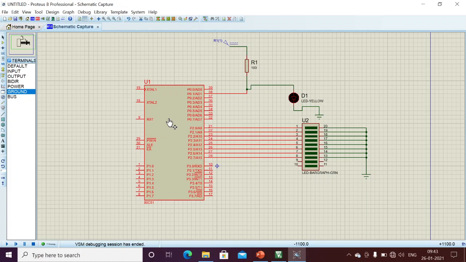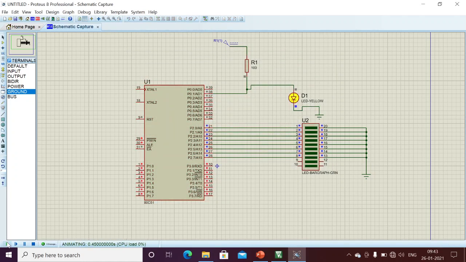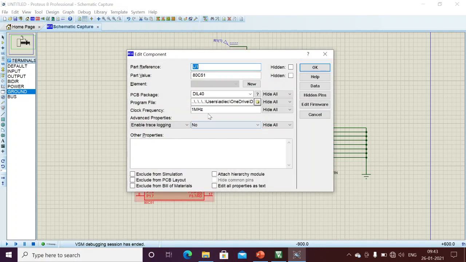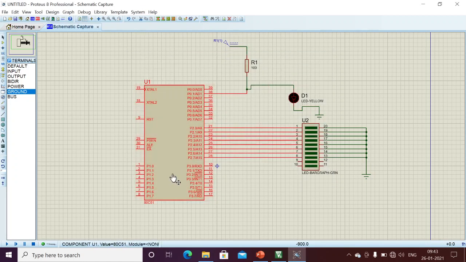Here we are executing based on our 12 megahertz. If you want to reduce it, you can. For example, if I execute at 1 megahertz it will be very slow. See, I'm operating the microcontroller at 1 megahertz, and it sends zeros and ones very slowly. Usually in real time, for serial communication, we operate the microcontroller at 11.059 megahertz, but normally you can operate at 12.